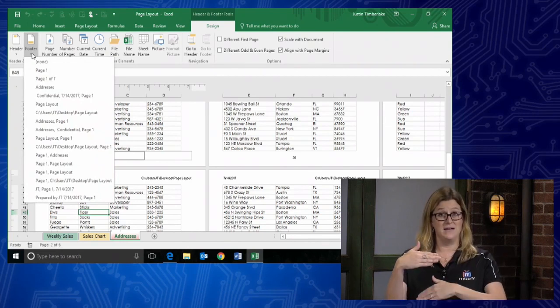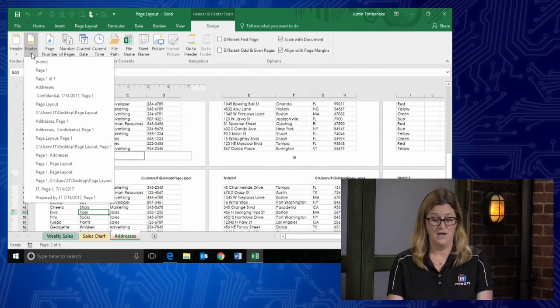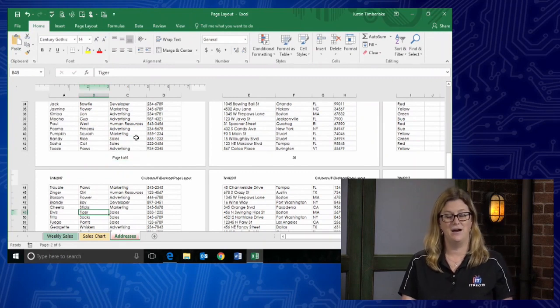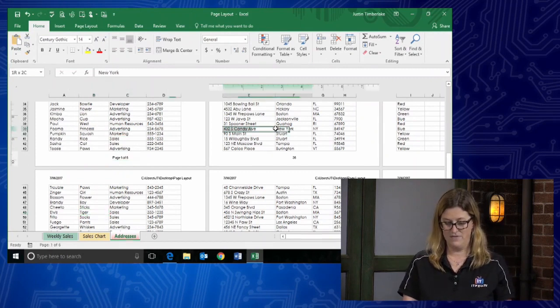downs. Remember those drop downs that give you those defaults? I can choose page 1 of, and then it changes there. And now if I click off of,